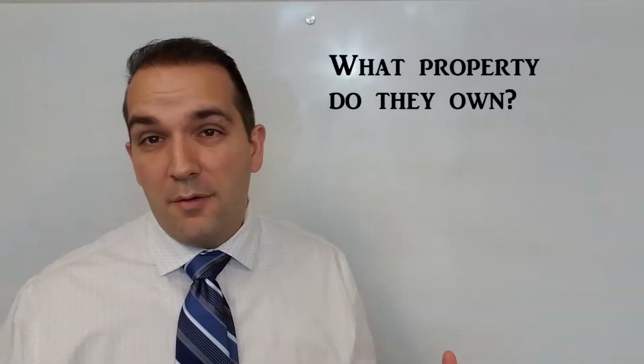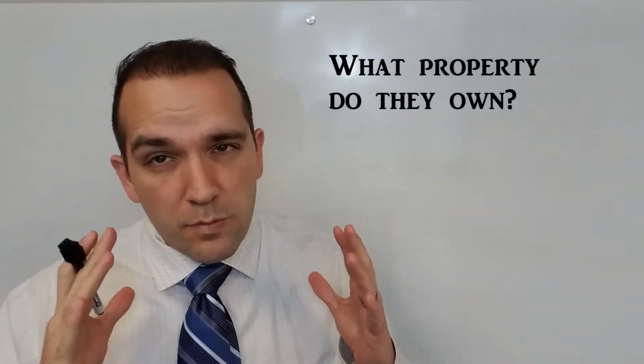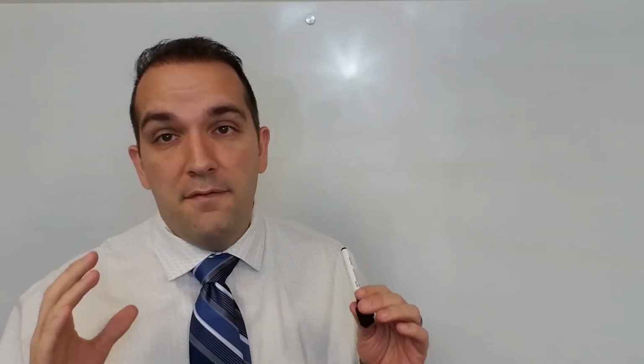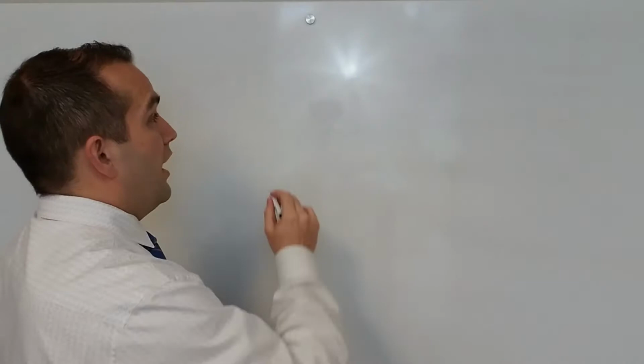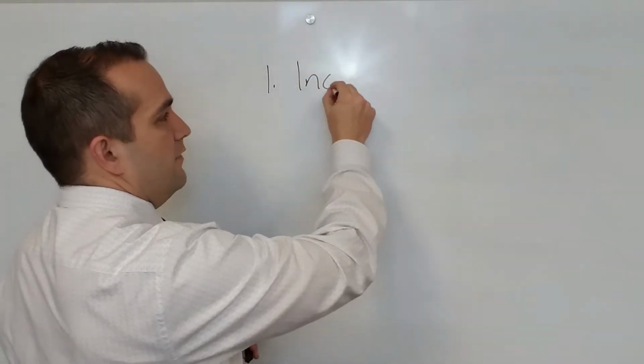The next area that we want to go over, or focus really on, is, what does the client own? This part of my intake is the very first thing I want to go over, because you can't help somebody if you don't understand what they own. Okay, when I'm doing this, the first thing that I want to know is income of the individual.